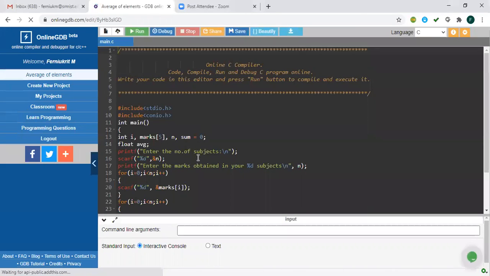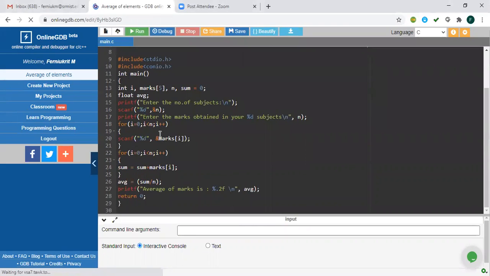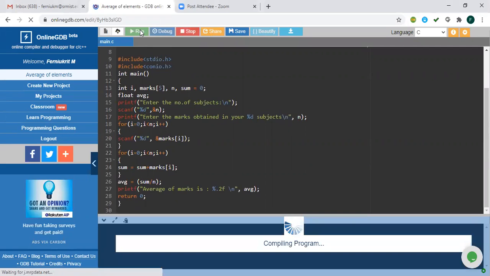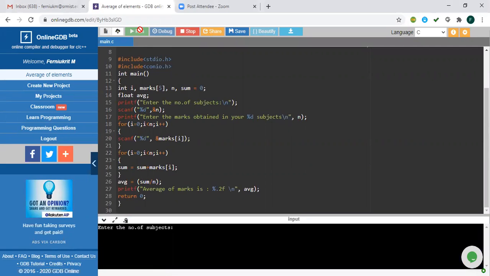So see here, average of the elements. This is the same program which I explained. You can give a run. You can give the number of elements as 5, enter, and then give 5 elements: 20, 30, 40, 50, and 60. So 5 elements I have given.